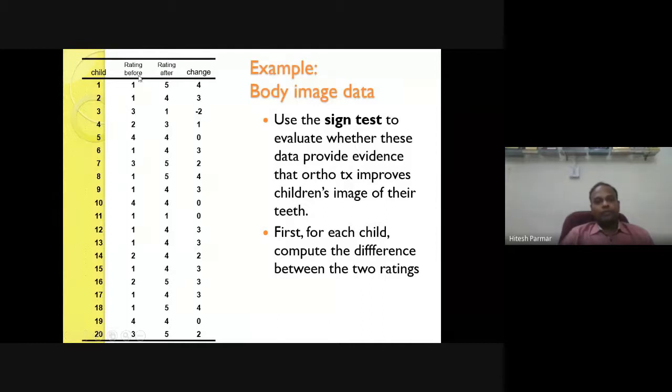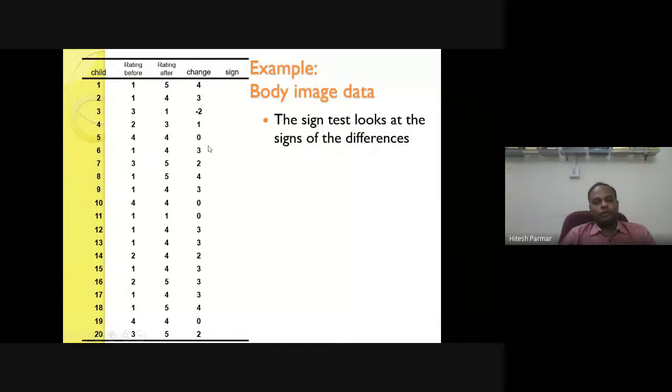So before was 1, after is 5, so the change is positive, plus 4. Here before 3, after 1, the change is negative, minus 2. Here before 4, after also 4, so the change is 0. So like this you need to calculate the change.